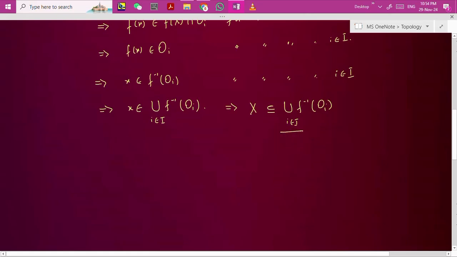It means that this union is an open cover for X. Okay,